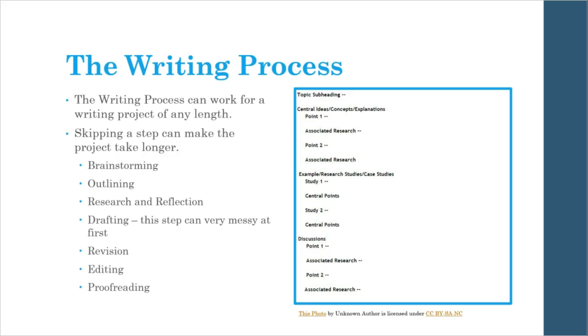And the writing process can work for a writing project of any length. And skipping a step can actually make the project take longer. And the steps that I've got here are the major ones that are in our writing process that we've used this term. Brainstorming, coming up with ideas. You can do this step collaboratively with other people and come up with even more brilliant ideas. Outlining, research and reflection. Drafting, and it's okay if your first draft or your second draft or whatever are messy,